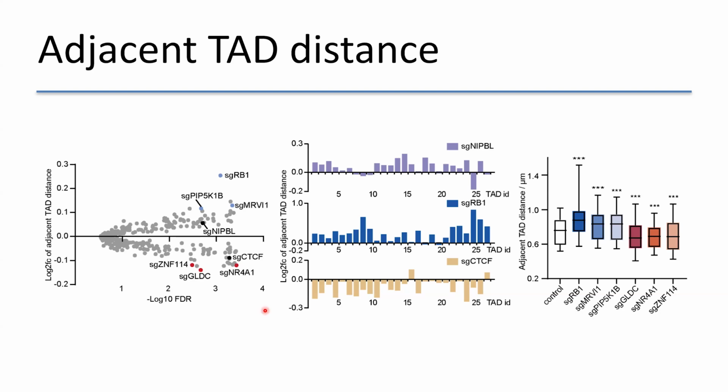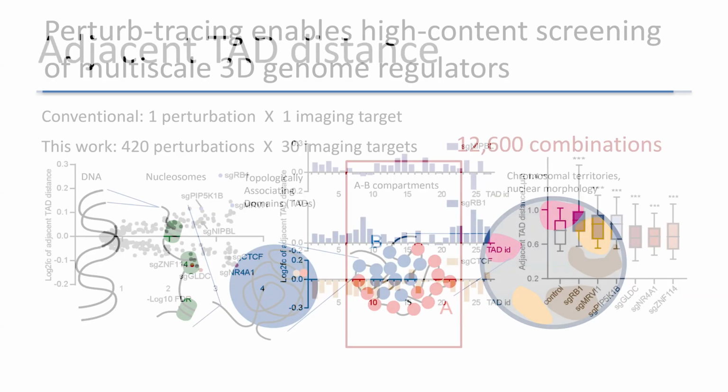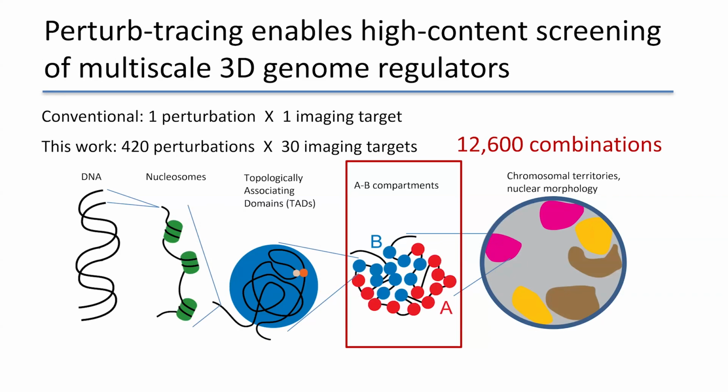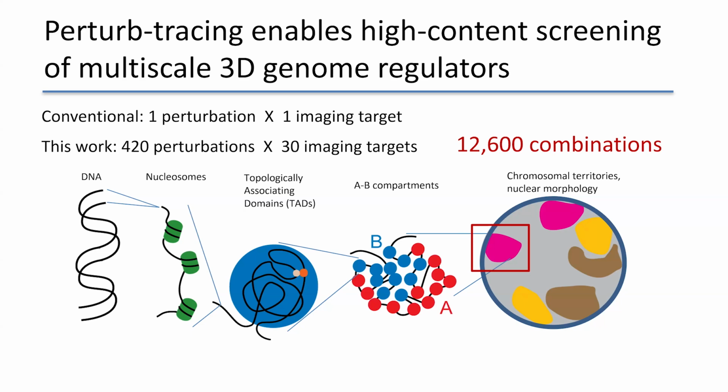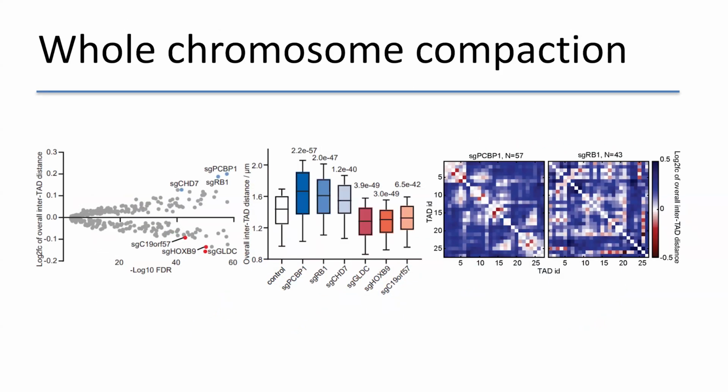Here you can see CTCF and NIPBL, which are known 3D genome regulators involved in the famous loop extrusion mechanism, serve as our positive controls, and they show the expected changes. At the scale of AB compartments, we identified novel regulators of intra- and inter-compartment contacts. At the scale of the chromosome territory, we identified a novel regulator that leads to global compaction or decompaction of